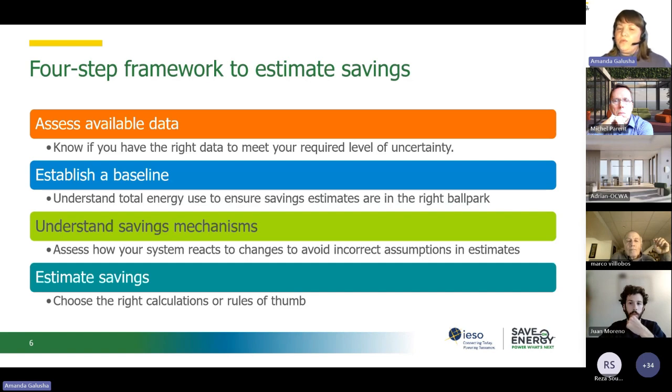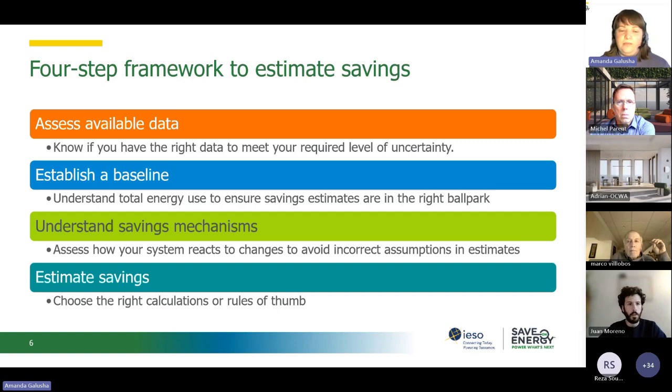So the second step is really to establish your baseline to understand total energy use and have a better ability to identify where errors might be occurring. And then finally, that third step is to identify and understand the various savings mechanisms of your system. It's important to think about how your system might react to changes to avoid incorrect assumptions or missed opportunities. And then finally, to estimate savings, selecting the right calculations or rules of thumb based on what you've learned in